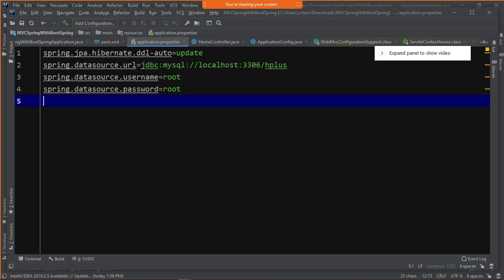Thereafter, we can have one more configuration. We will talk about exception handling in web applications. Right now I am saying you handle the exception.